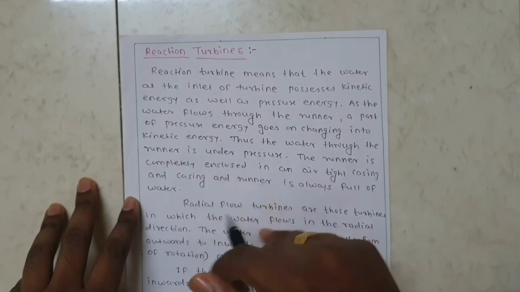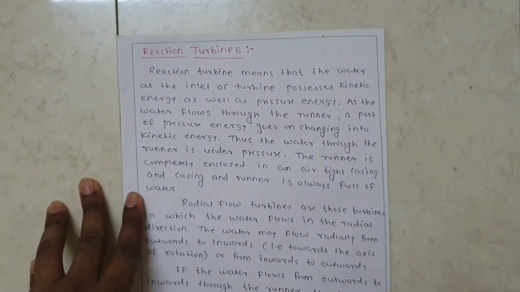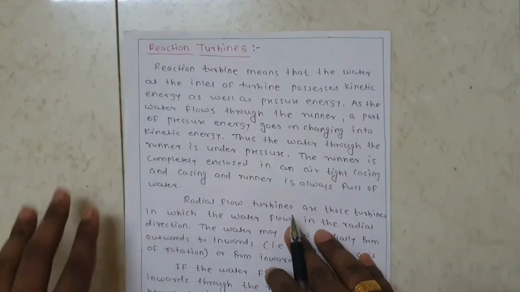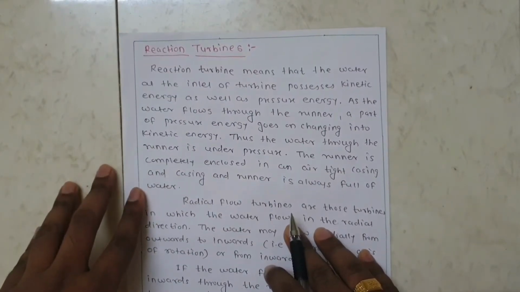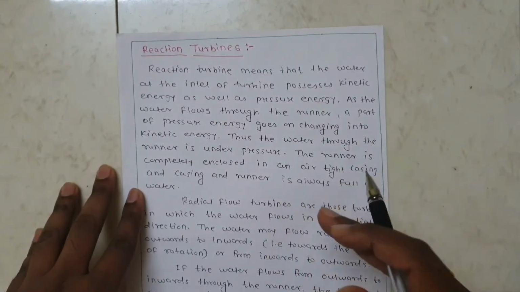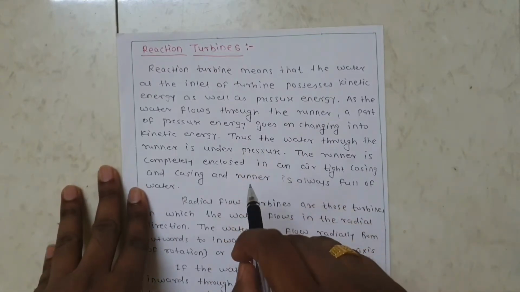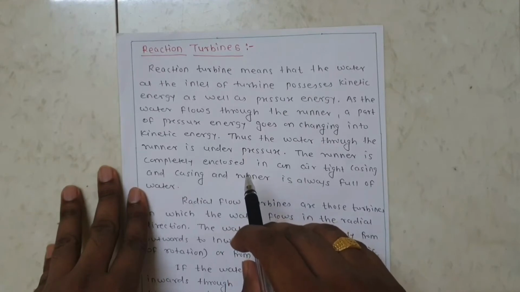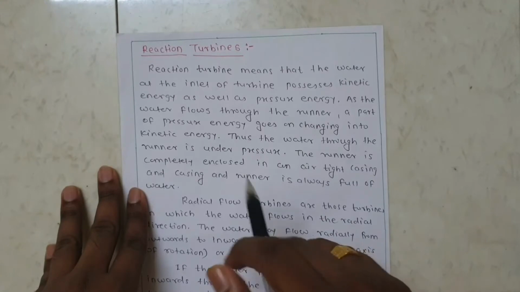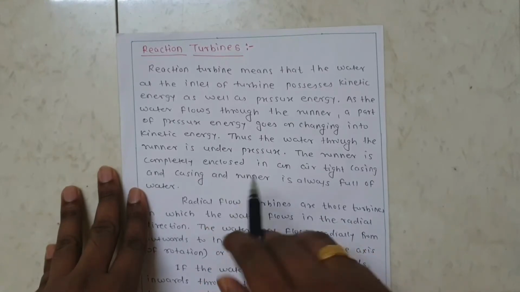Basically, hydraulic machines are of two types. One is the pumps and another is the turbines. In a turbine, the hydraulic energy is converted into mechanical energy, and further, that mechanical energy is converted into electrical energy. But in the case of pumps, the mechanical energy is converted into hydraulic energy, and before that, electrical energy is converted into mechanical energy.